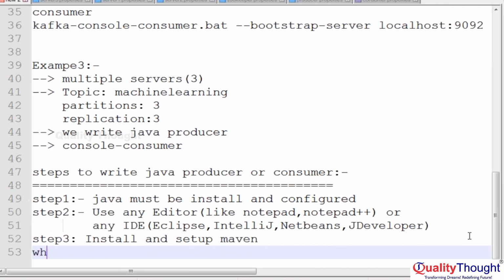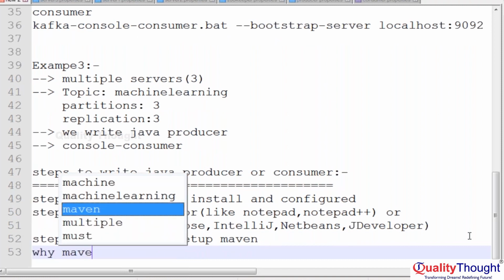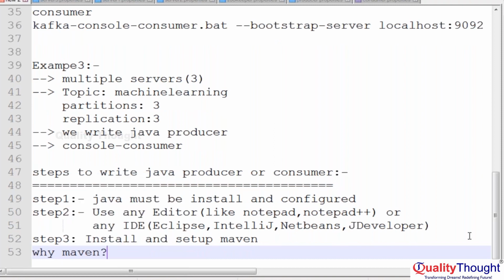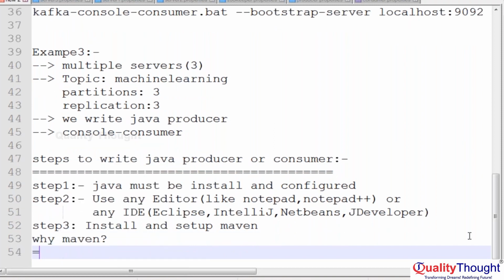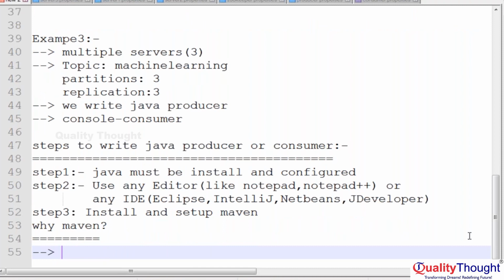So I'm writing, why Maven? Why Maven? Maven does these operations: compiles